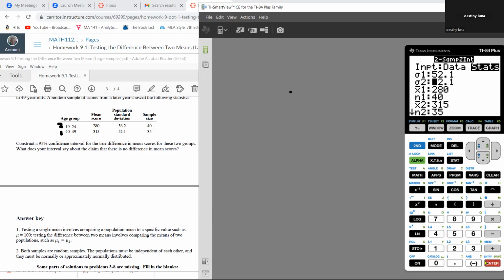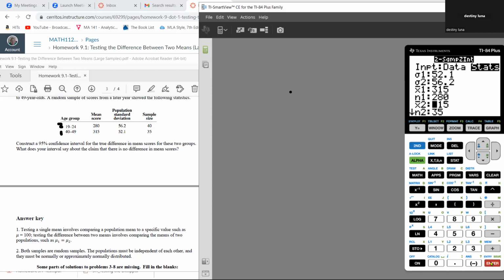And my sigma 2 is 56.2. My X bar 1 is 315. My X bar 2 is 280. My sigma,